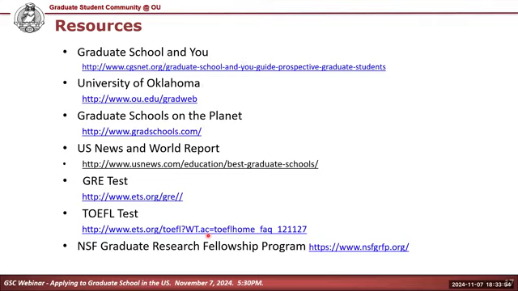Universities in Australia, like the University of Sydney, the University of New South Wales, outstanding education. University of Melbourne, the Royal Melbourne Institute of Technology, Swinburne Institute of Technology, absolutely superb pieces of education. So look around. Don't just go and say, I'm going to the United States and that's the end of it. So when I talk about 20 institutions that you find out, it's not just in the United States. It is all over the world where you can get a superb graduate education. It'll be different, but you will get a very good PhD at these places that I've mentioned to you.